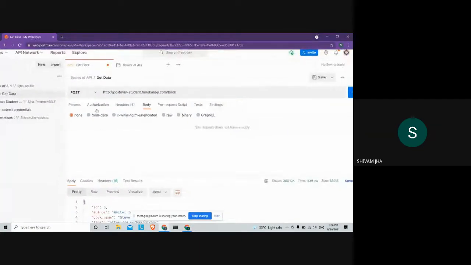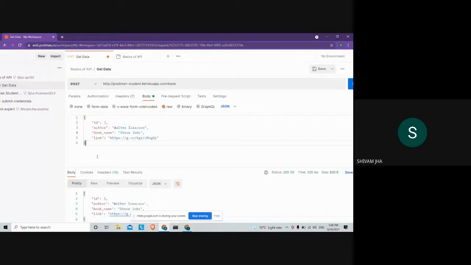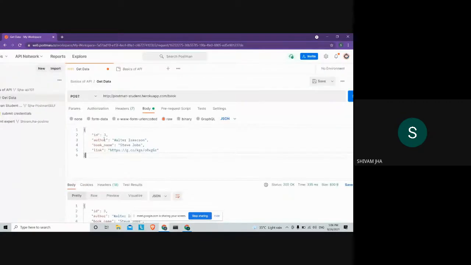So yes, we'll change the request to post here, provide the path, and click on body here, raw, and then JSON. We'll change this data type to JSON, because obviously we need to provide that JSON input here in the form of JSON. So we paste that copied thing which we copied here, and we change the fields here.